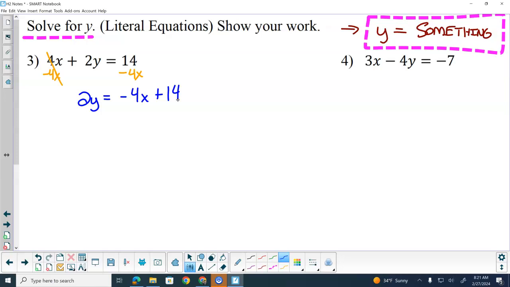So how am I going to move that 2? What is 2 doing to y? Is it adding? Is it subtracting? Is it multiplying? Or is it dividing? Do you see a minus sign in between them? Do you see an addition sign in between them? It's multiplying because there's no sign in between them, right? So what's the inverse of multiplication? Division. Okay, so what am I going to do? Divide by